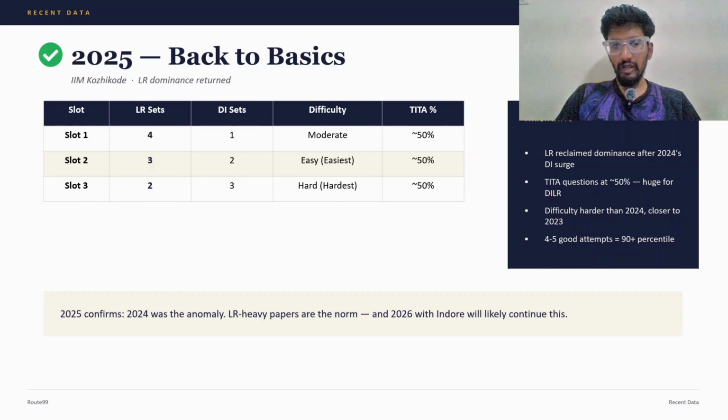So, if you look at the fascinating scenario of CAT 2025, which is TITA questions, almost half of the DILR section consists of TITA questions. No options, no elimination, pure logic and understanding matter a lot. So, CAT 2025 has given a message: don't get comfortable. Logic still rules. If you know how to use your critical thinking, you're going to crack CAT.